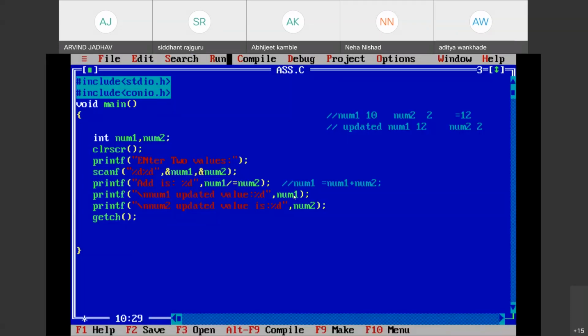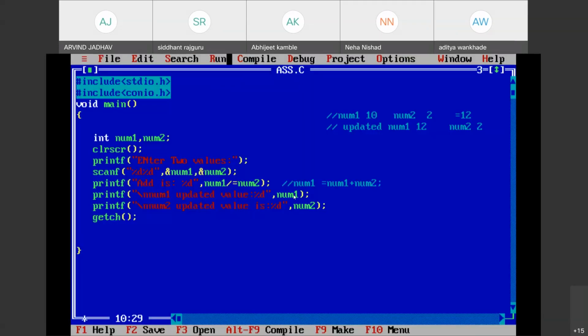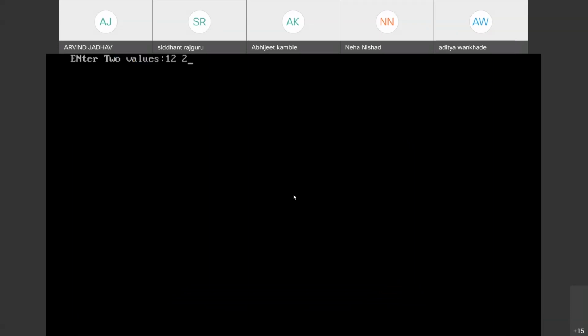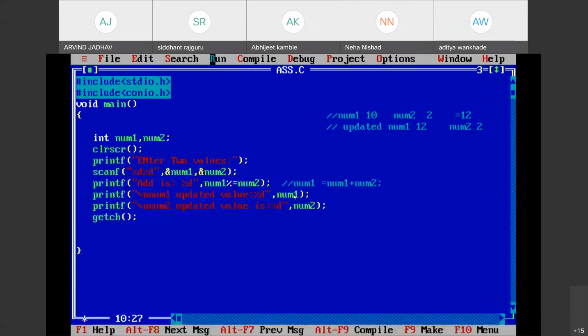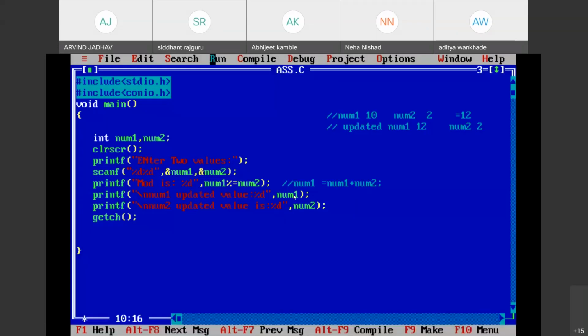If you want to perform division, see, you can perform the division also. If you want to perform the mod operation, we can perform the mod operation also. 12 and 2. See, addition is 0. Addition means it is untextured. So instead of that, if you want to change that, here we'll add mod. So run it. 12 and 2. So see, like that we can perform the operations.